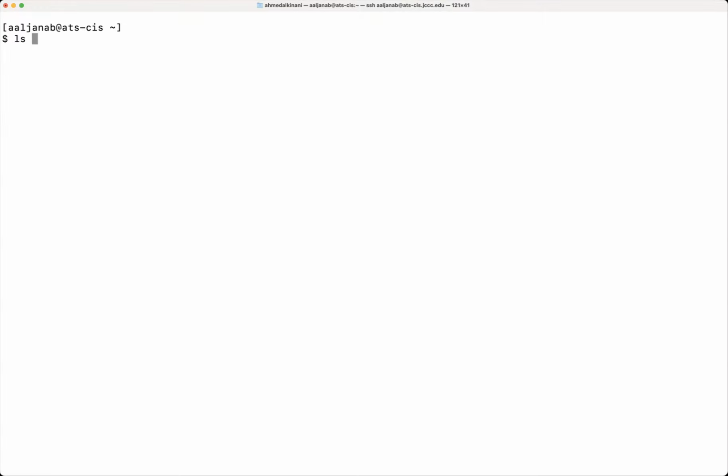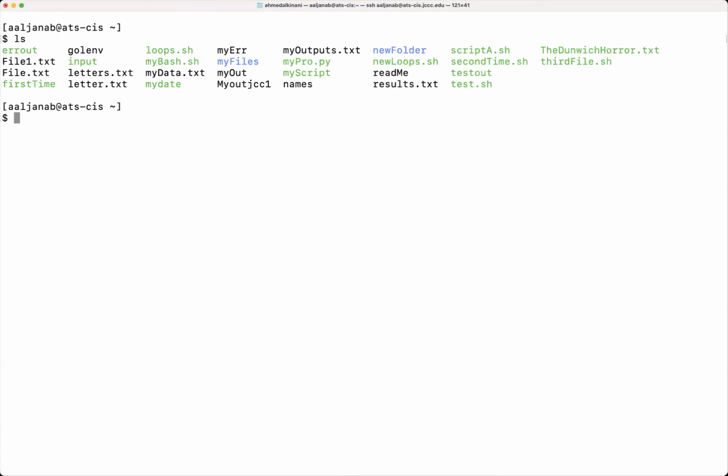I can say ls, and I will say one of my folders here. So let me just go ahead and ls, which folder? I'm going to go with new folder. So I'll say ls new folder, and I'll say redirect 1 to good.txt, and I will say redirect 2 to bad.txt. So what's going to happen here? If the command was executed with no problems, then the standard output is simply going to be sent to the good.txt, and it's going to show me the content of the file. But if there's an error, the error message is going to be sent to a file called bad.txt.